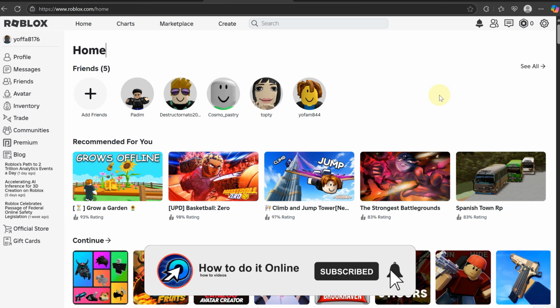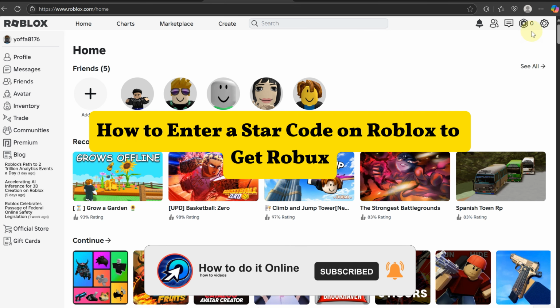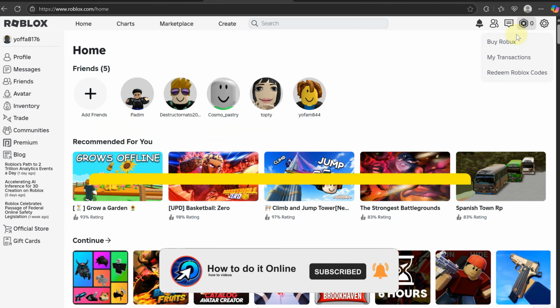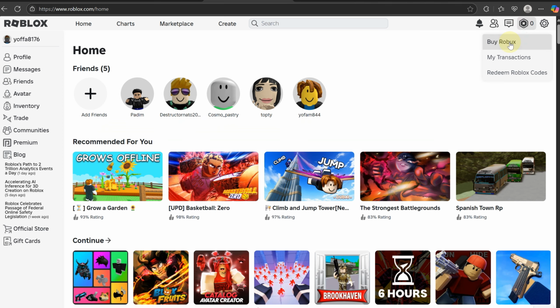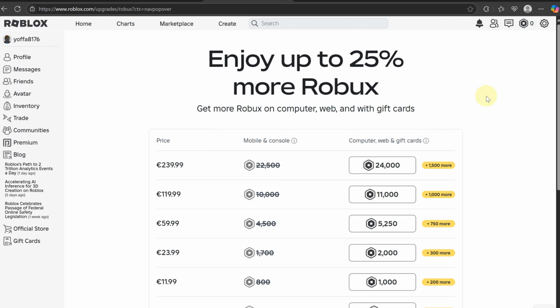In today's video, I'm going to show you how to enter a Roblox star code. So here's how it works. When you go and purchase Robux, I'm going to click on the Robux button here. When you go and purchase Robux, you will click on the amount,